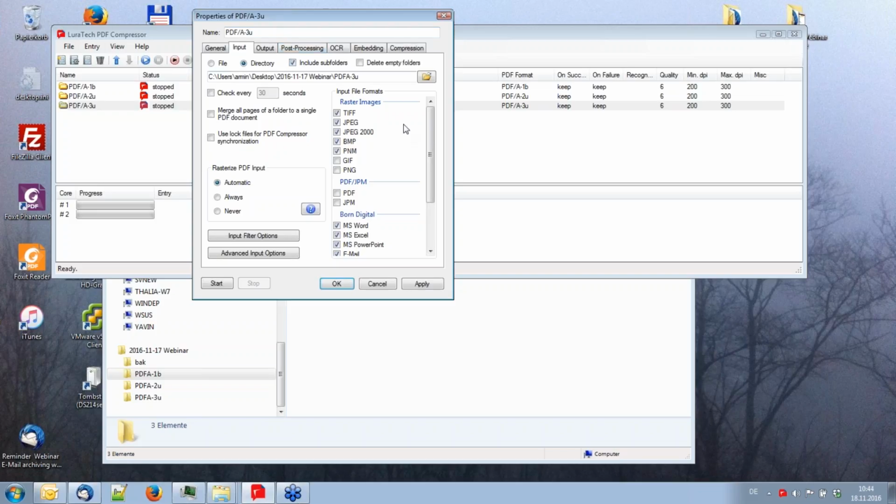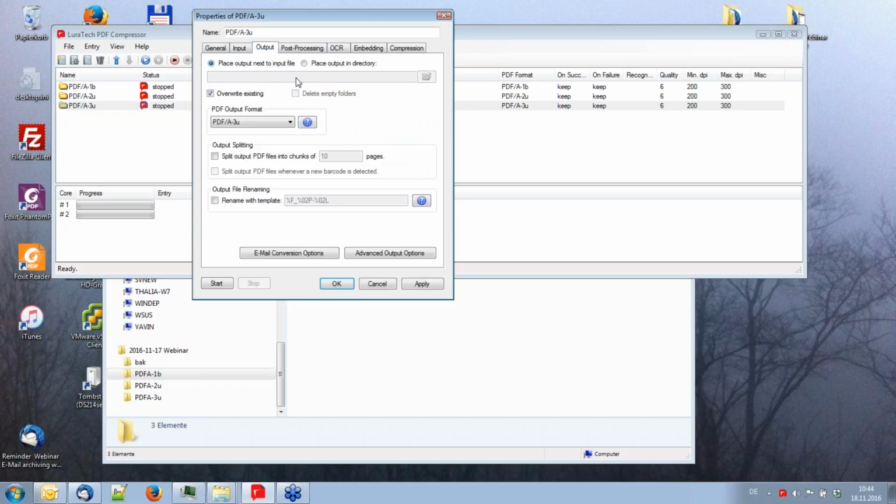In that case, the PDF compressor would pick up all files matching these formats specified here in all the subfolders of the chosen input folder, and you can also specify a different output location, and it would then recreate the structure of the input folder structure